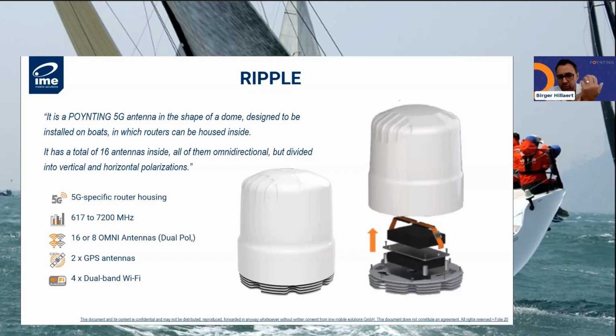So we have a 5G antenna. It has Ripple 8 and Ripple 16. That means 8 antennas, 16 antennas. You have 2 versions. We have 2 GPS antennas in there and 4x4 dual band Wi-Fi in there. So what you can do, you have the Ripple 8, you can put 2 5G modems in there,